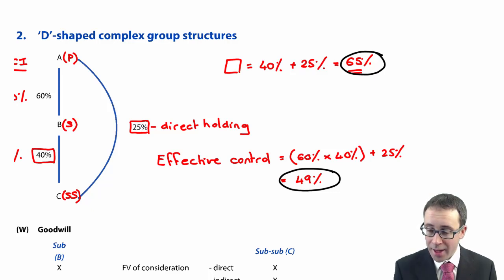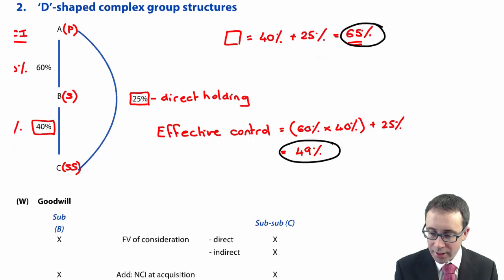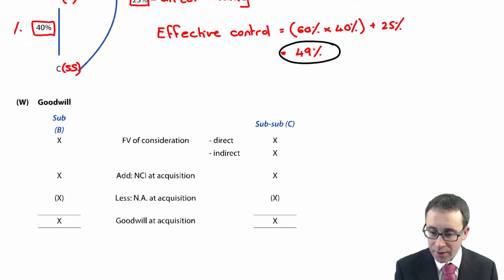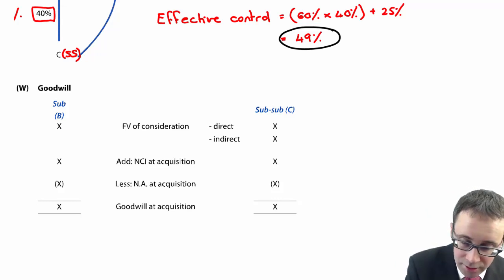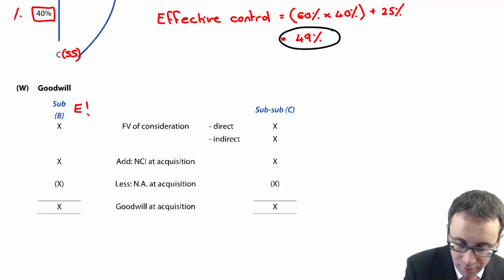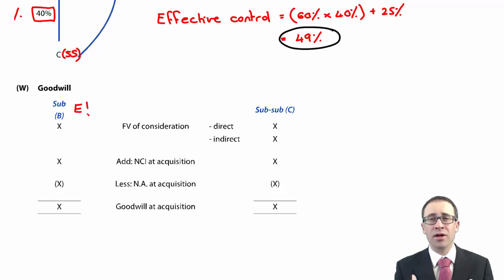Okay, the only working that it has, pardon the pun, a direct effect on is the goodwill calculation. So if we have a look at the goodwill calculation that we have here, the goodwill calculation in the sub B is unchanged. So you see it'll have the fair value of the consideration, add on the non-controlling interest at acquisition, and deduct the net assets at acquisition. So again, ladies and gents, you have to say that is easy. There should be at least 3 nice straightforward marks there within the exam, 1 for each number that you put in. The sub, so company C,